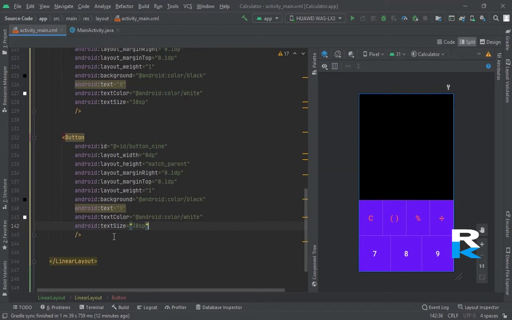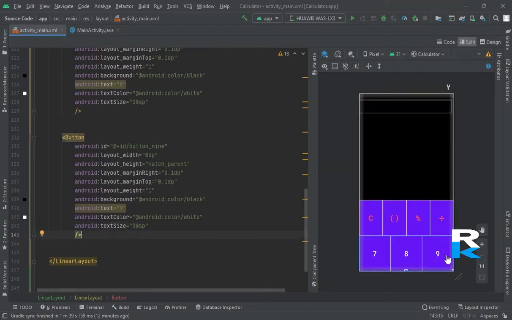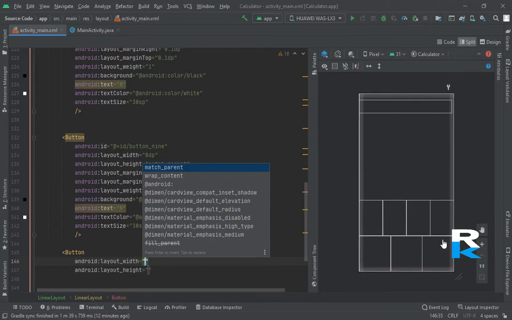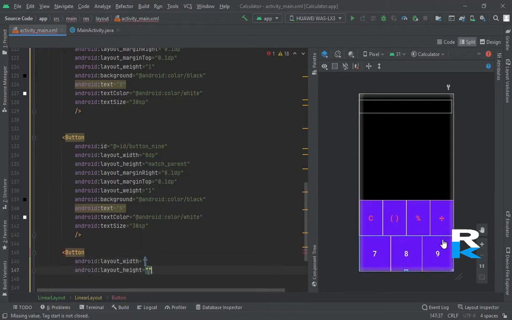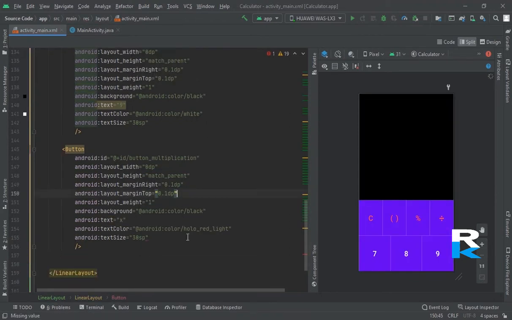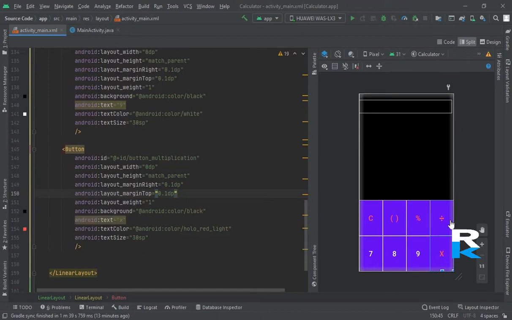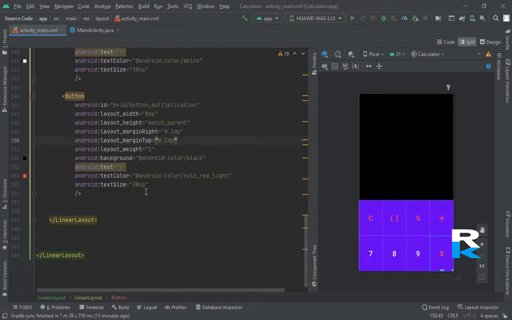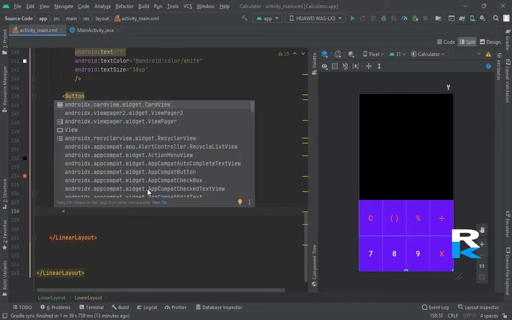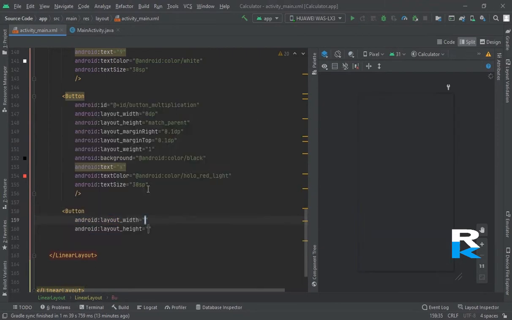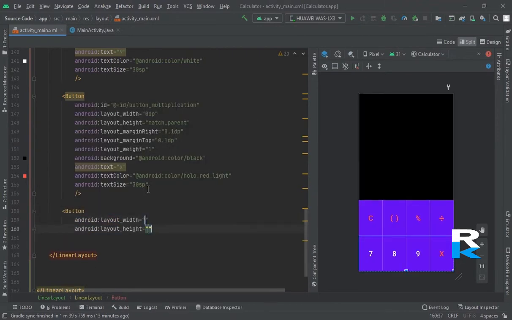Now the next button is for multiply, beside this and below the divide button. Fine. Button. Now look, it is below this divide button. Now the next buttons are for 4, 5 and 6 and the minus button. Close this.